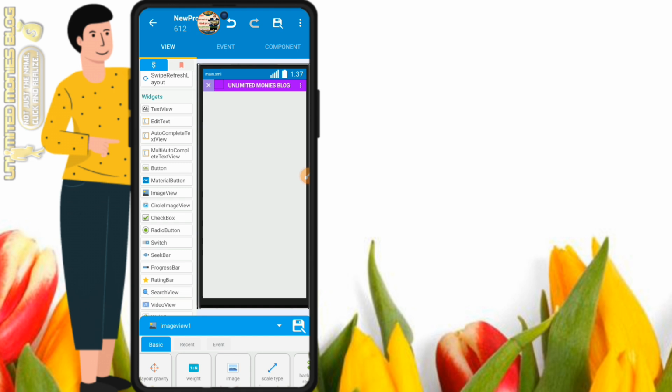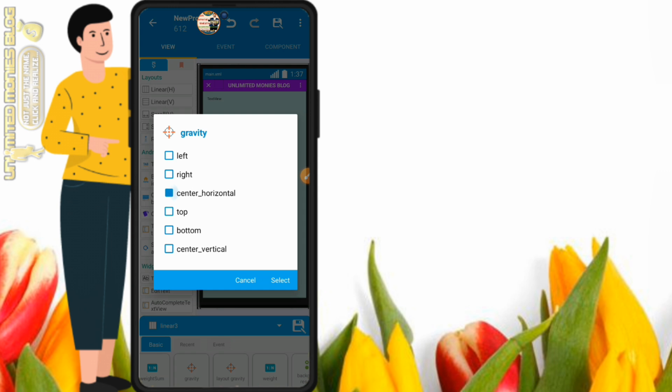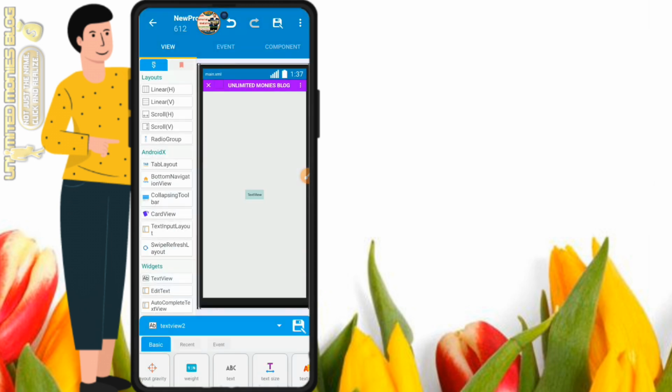So we want to put a text. Before I put the text, I will make a vertical linear so that I can drag in the text and put it in there. I put this text here. I come to vertical linear to make the text come to the middle, gravity center, horizontal, vertical. Now make the text, I can write something like